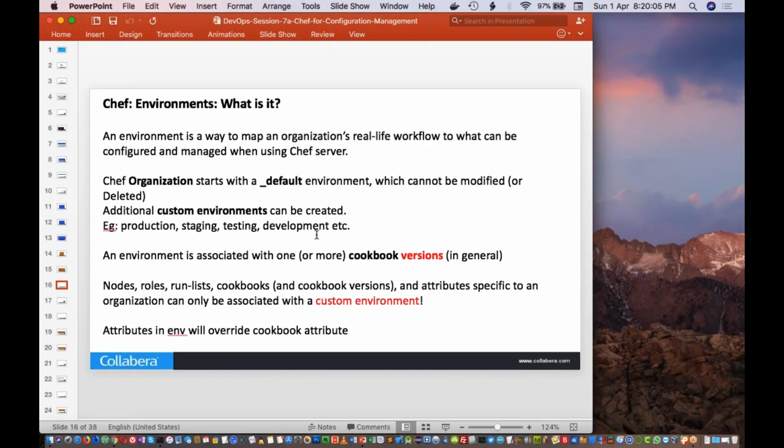When you create the environment, you will be able to specify environment variables. If you are using a variable or attribute which is also used by the cookbooks, then the attributes that you add in the environment will override the attributes that you add in your cookbooks. We'll see how to create environments, but to give you a clearer idea,